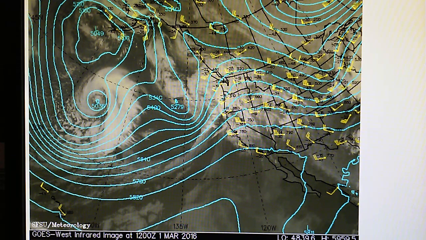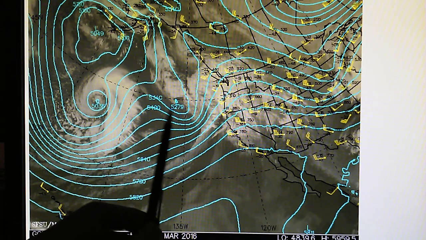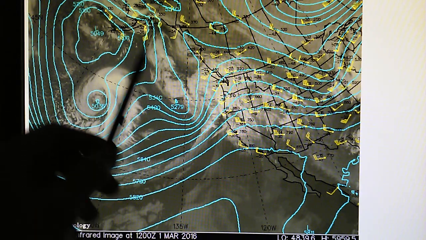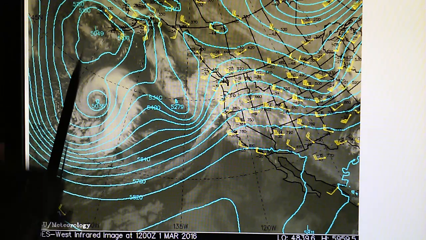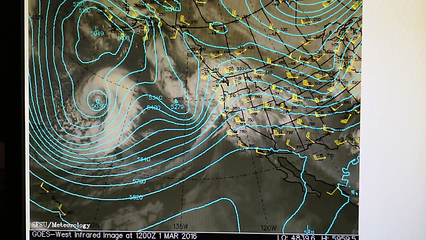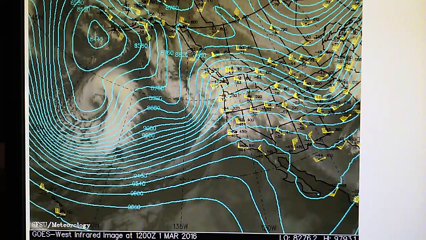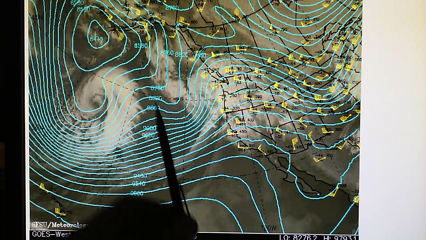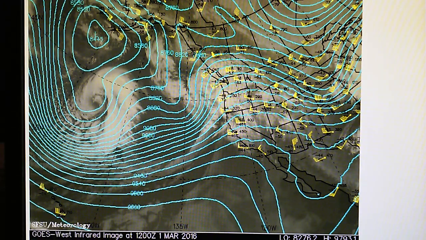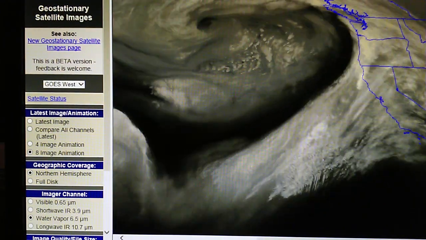Okay, here's the 500 millibar, and we can see a pocket of low pressure down here, and we see 3 lows up here in the Gulf of Alaska spinning around up in this area. All right, here is the 300 millibar. Let's see, low pressure down here, and we have some ridges here, low pressure right in there. Okay, next and last is the SSEC